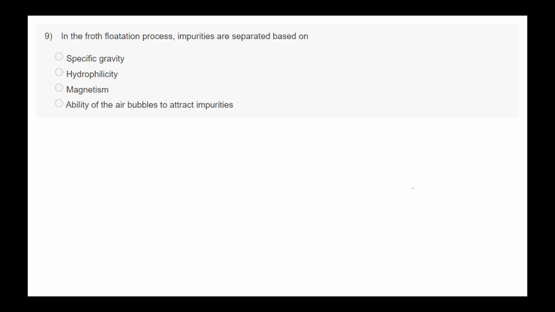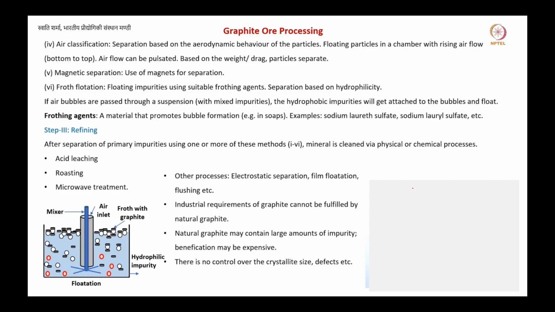Okay, so let's talk about the flotation. So that was not, sir, the specific gravity. I just told because somebody said, yeah,